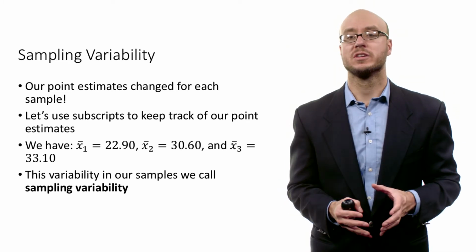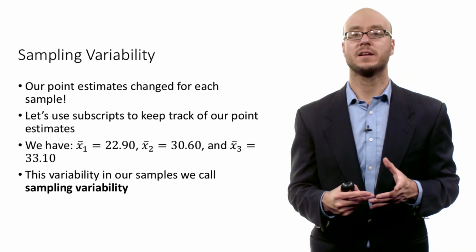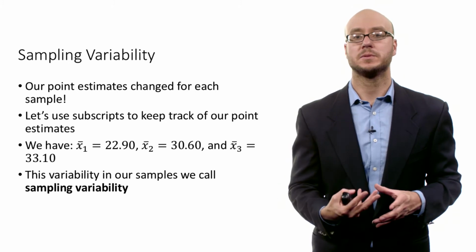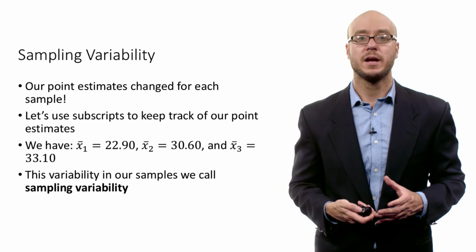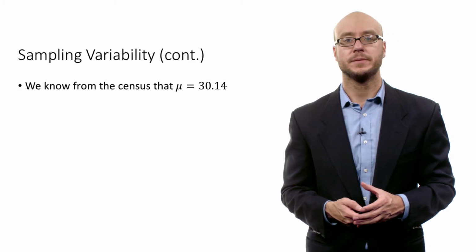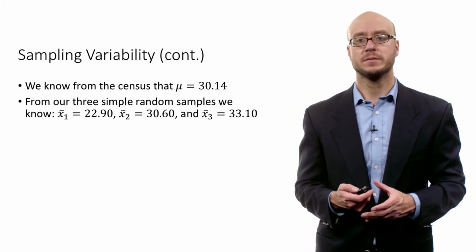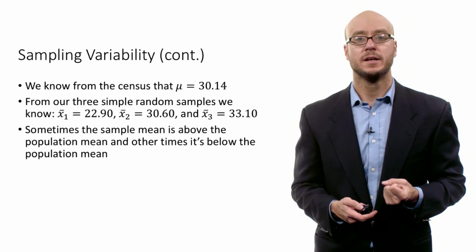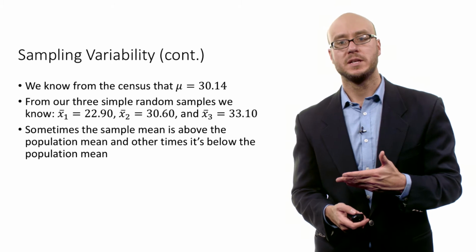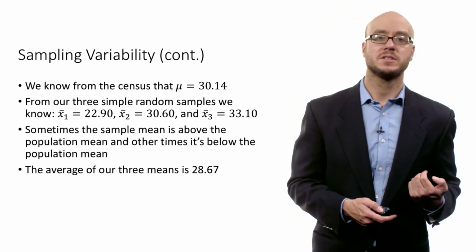And that variation is just a reflection of the fact that when you collect a random sample, those sample means are going to change, they're going to jump around, just through sampling variability. Well, we know the population mean is 30.14 because we have the census data. And you can see sometimes the sample mean is above the population mean, and other times it's below the population